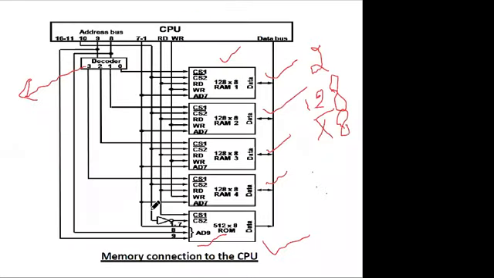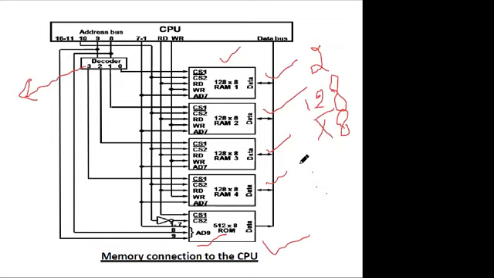So memory expansion is about how this is being implemented. We have a RAM capacity of 128 cross 8, but if we connect 4 RAMs in such a fashion, we can use the capacity as 512 cross 8. So 128 into 4. This circuitry can address 128 into 4 address locations.